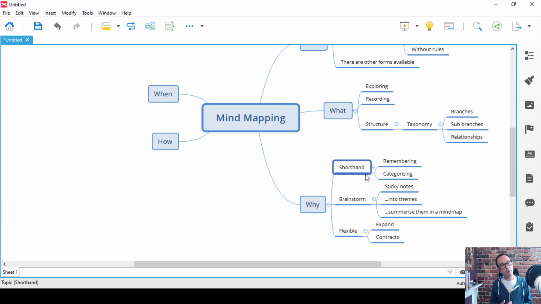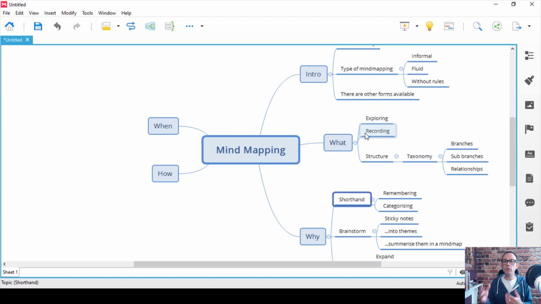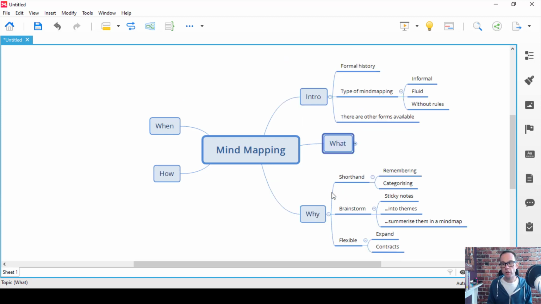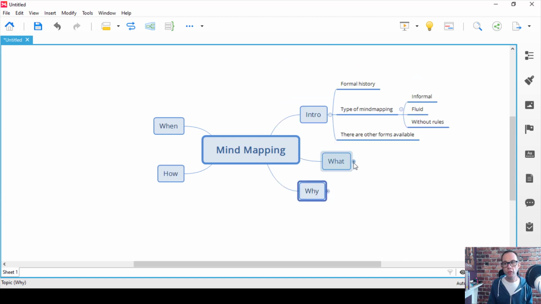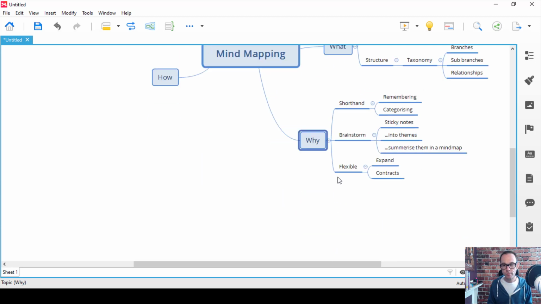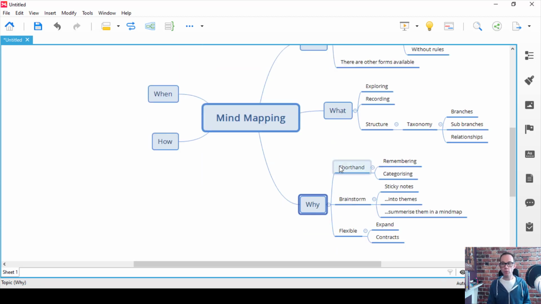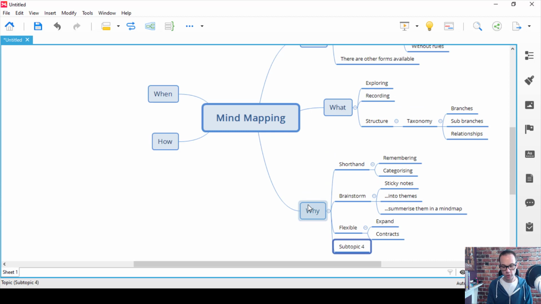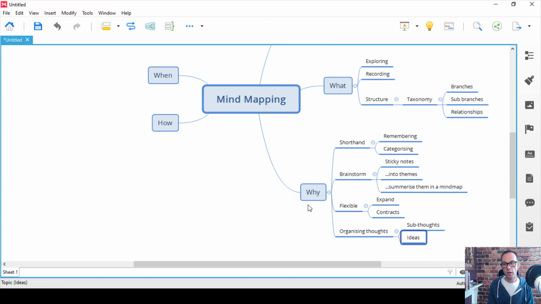so you can export a nice PDF. So if you think about some of the things that, if you're working in business change or on projects, you could have a stakeholder who says, well, I just want the intro of this. Well, okay, fine. Let's just show you the intro. There's more detail there if you want it. So I find it a very good way of organising thoughts into sub-thoughts and ideas and those sorts of things.